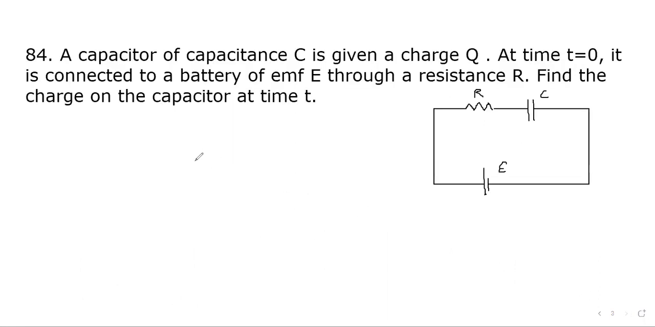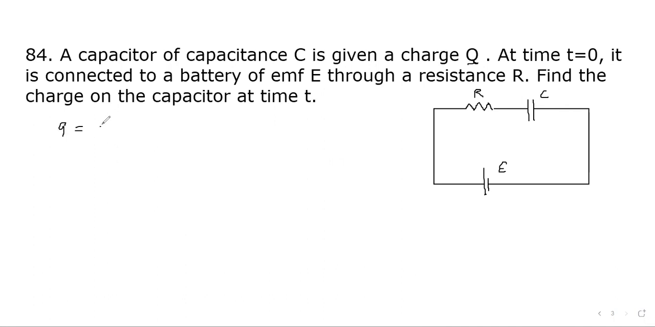Now let's go to question number 84. A capacitor of capacitance C is given a charge Q. At time t equal to 0, it is connected to a battery of EMF E through a resistance R. Find the charge on the capacitor at time t. This question can be solved in two ways. The shortcut is that the charge given, Q, is getting discharged. So the equation for this will be